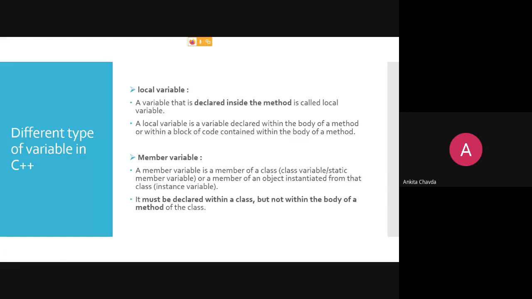It could be a class variable, a static member variable, or a member of an object instantiated from that class, meaning your instance variable. It could be anything. It must be declared within a class, but not within the body of a method of a class.